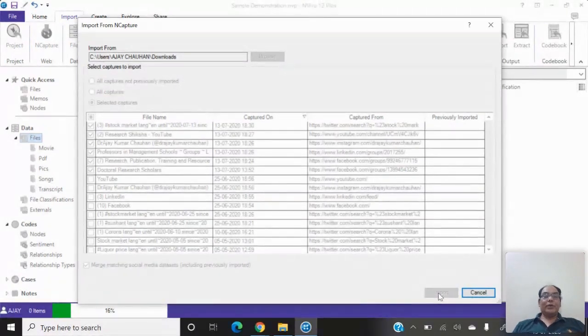and the software is importing all the data set. It will take hardly 1 minute, and after 1 minute you have all the pages in your data set. So 50% is there. 66% captured.